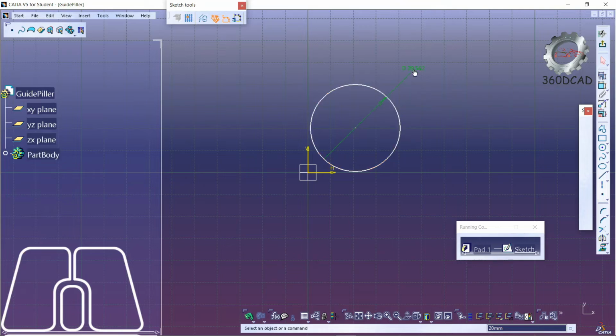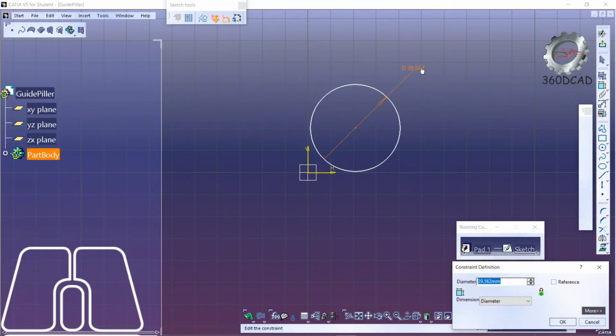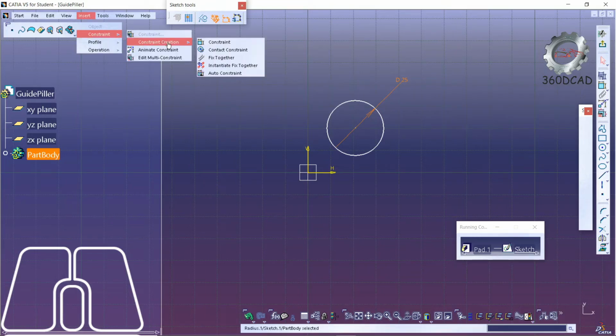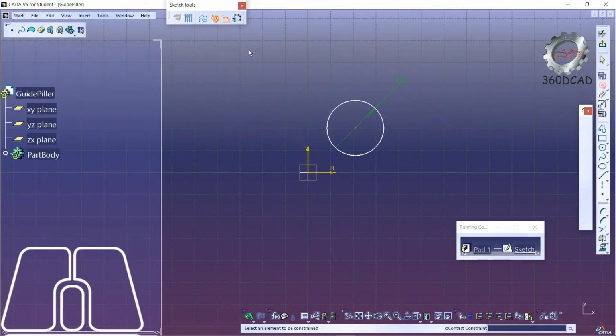If it is not selecting, give the diameter, diameter is 25, and then we can insert a coincident contact constraint, so we can pick the center and this axis to be coincident, or you can simply give the dimension constraint.